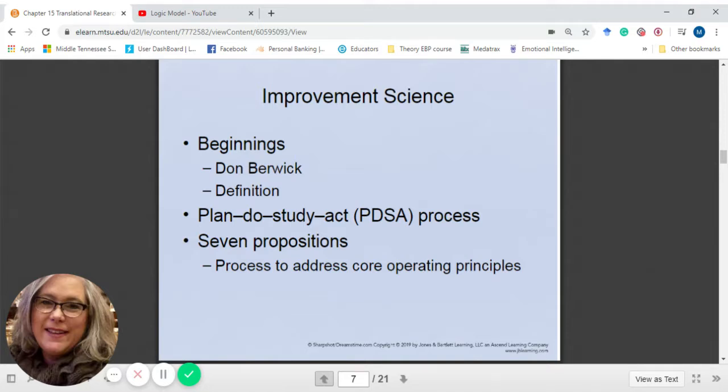That's on page 351 in your textbook, and it talks about propositions to address operating principles in improvement science and